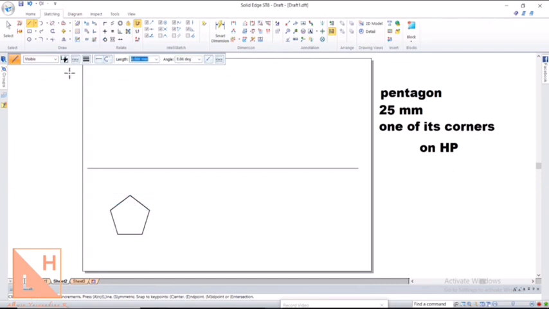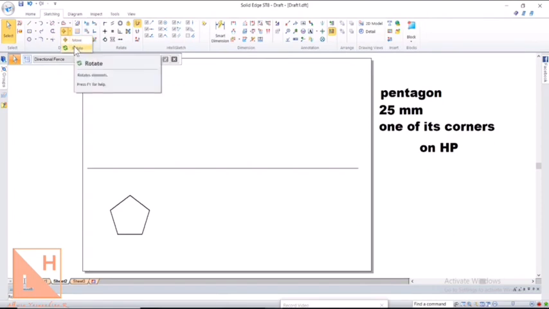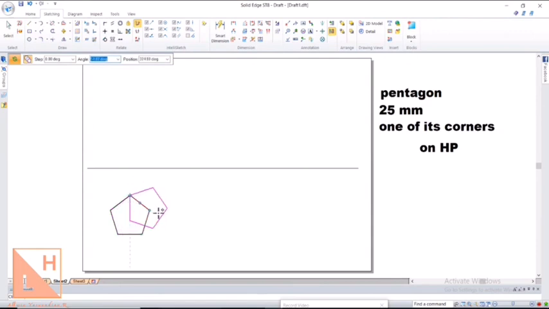Since the pentagon is resting on one of its corners, we need to keep that corner on the left side. So we'll rotate this pentagon using the rotate command. You can go to rotate, select the pentagon from the corner to the midpoint. I want the corner on the left side, so I'm going to rotate it in this manner. If I want the edge on the left side, I can rotate it this way, so that what we find on the left side will be an edge.